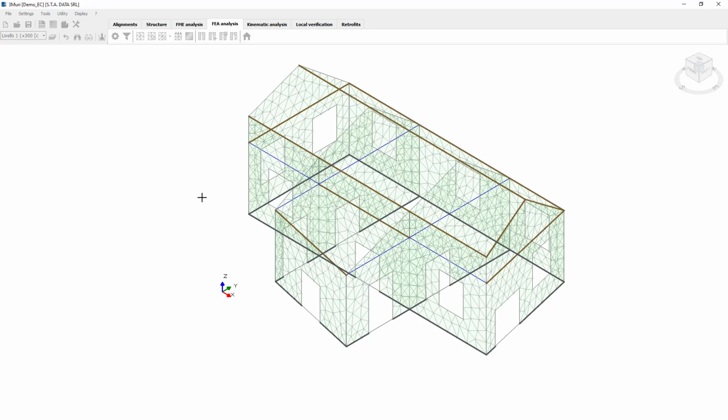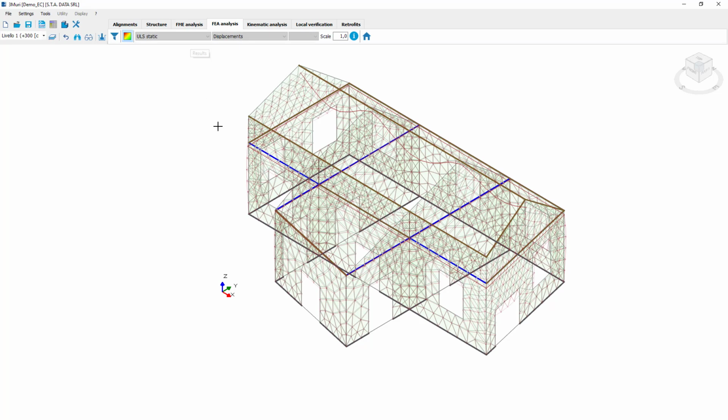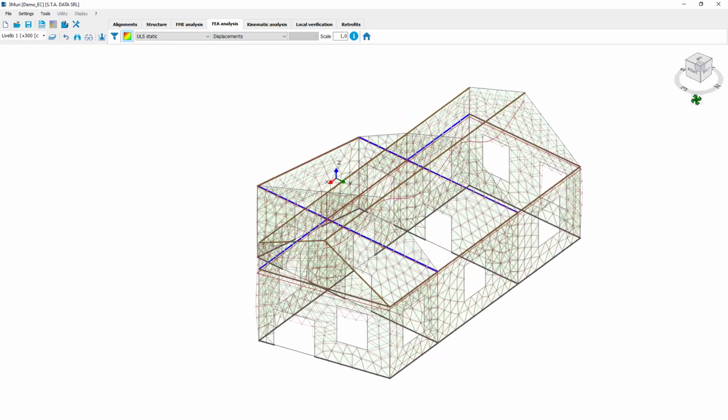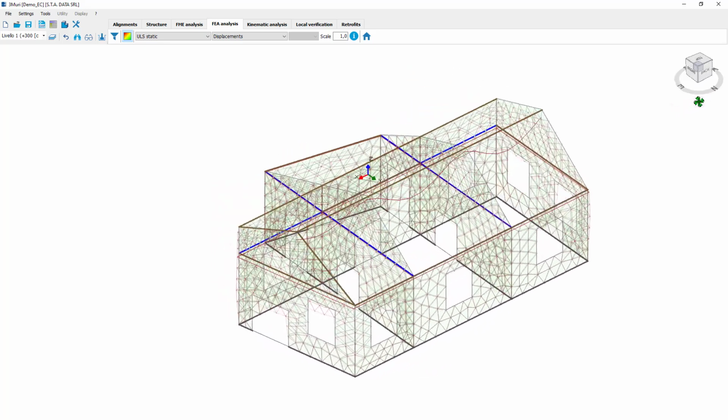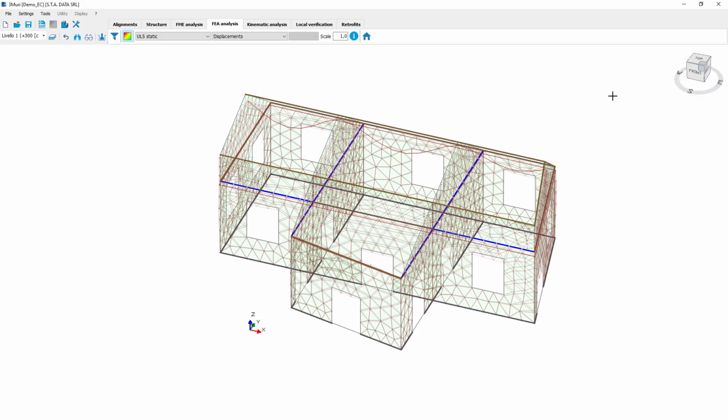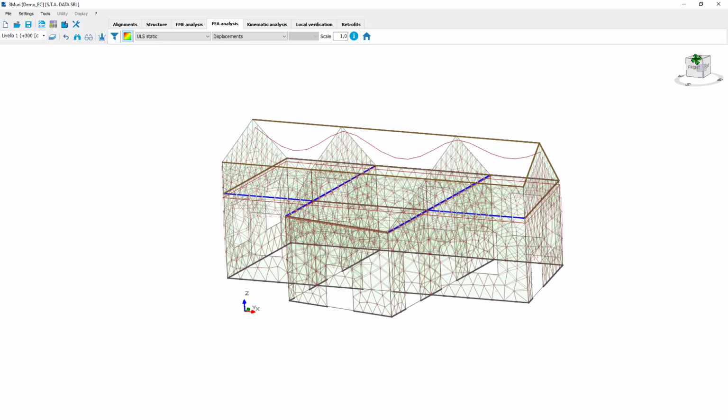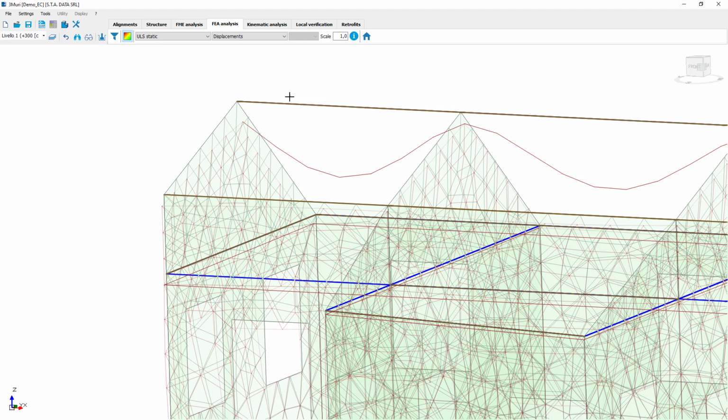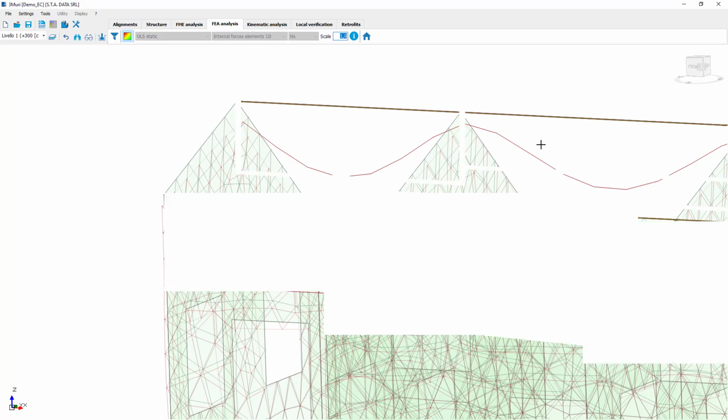And also we are going to be able to see, as we see here once we enter the results environment, as I previously said, we have different combinations at different limit states, and we are going to be able to see the displacements of the structure. As we see here in our 3D view, we are going to be able to see the displacements for 1D and 2D elements, displacements, internal forces for 1D elements,